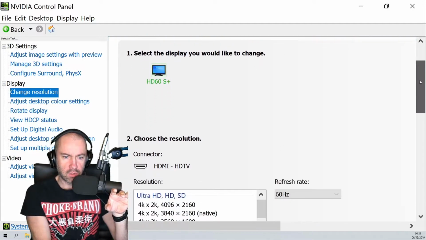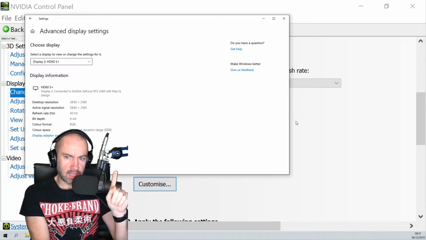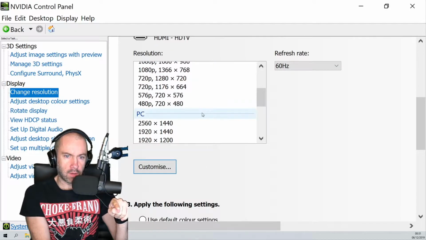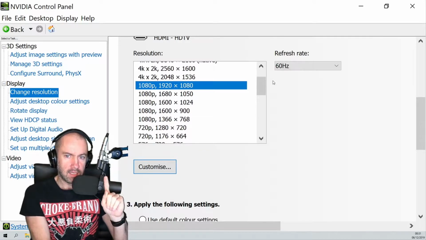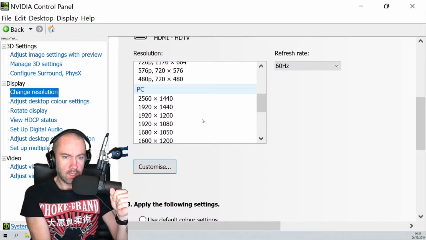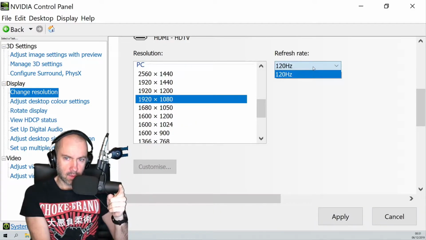So if I go down here, this is 1080p at 60 Hz. Now, the interesting thing is, as I showed you before, that is 4K. Now, I can change that to 1080p. All I have to do is go down to this one. So this is 1080p, 60 Hz. That's what I want in the Elgato. But if I go down to here, look at that, 120 Hz. Now, the interesting thing is,